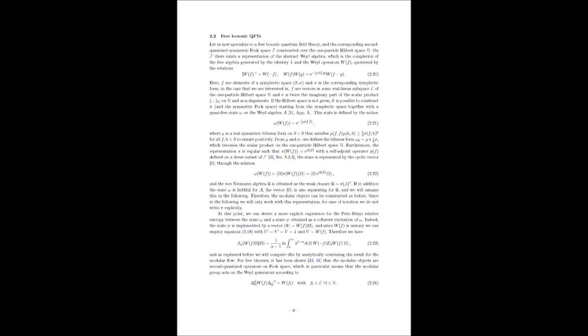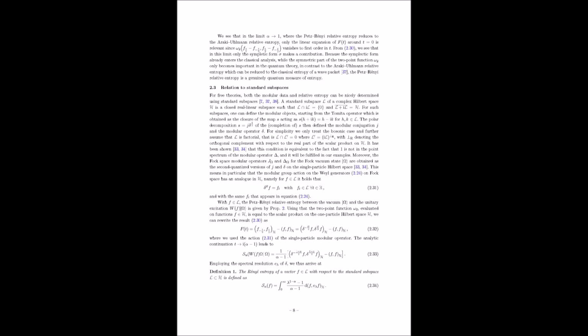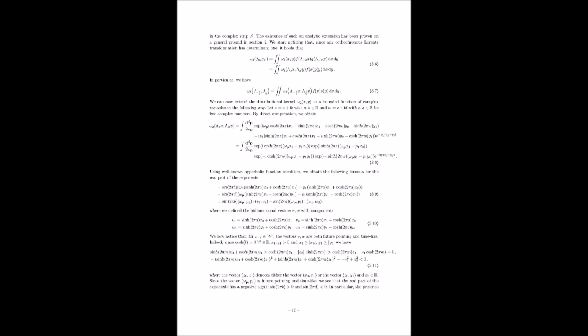So it's like we have this more powerful lens to zoom in on the subtle nuances of entanglement. Precisely. Can you give us a specific example of how this might work in practice? Imagine dividing a quantum field into two regions. You can use the Petz-Rényi relative entropy to calculate the entanglement entropy between these regions, quantifying how strongly they are entangled. The parameter allows us to fine-tune our measurement,